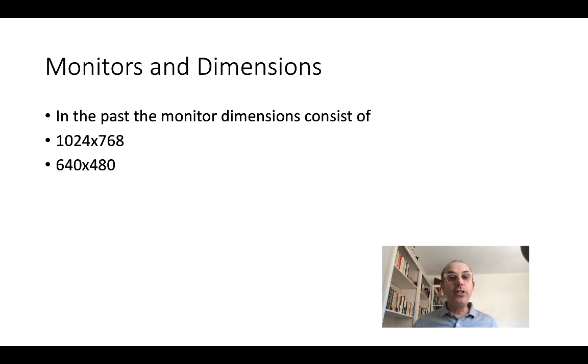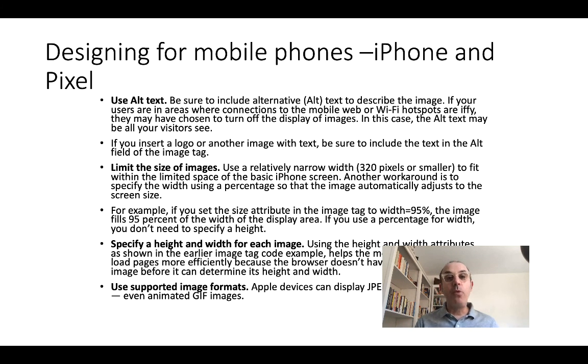In the past, we had two types. Nowadays, we have more options. And one of the options that we often talk about is how do we display a website on your phone. This is an issue by itself, and we have limited size of the image, limited use of the text, because the phone cannot display a large image, and it needs to compress it. So you are losing the quality of the image on the phone. So how do you overcome it? What do you do? We will talk about that, but this is something that you need to consider